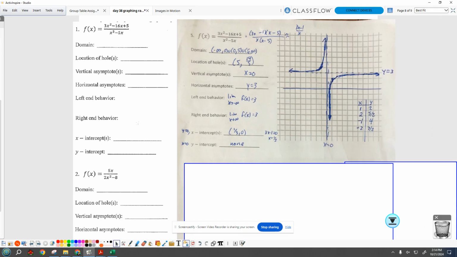First off, plot any coordinates that you were given or that you calculated. At 5 and 14/5, there's a hole. Create the hole. Put that dot, an open circle, and make sure it's clear that it's an open circle there. Then the x-intercept, 1/3, comma 0, and then put in your horizontal and vertical asymptotes. Vertical at x equals 0, horizontal at y equals 3. And on this side, I have enough information that I can plot the line.